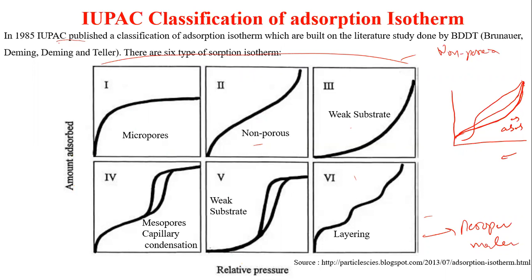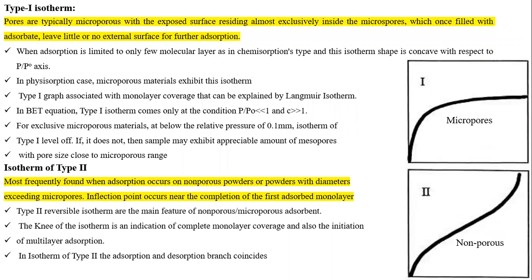Now let's see each isotherm separately and what kind of information these isotherms can give us. So, type 1 isotherms. The type 1 isotherm is usually for materials having pores, typically micropores, with the exposed surface residing almost exclusively inside the micropores, which once filled with adsorbate leave little or no external surface for further adsorption. This is also seen when adsorption is limited to a few molecular layers, as in chemisorption. So this is usually the adsorption isotherm we get for